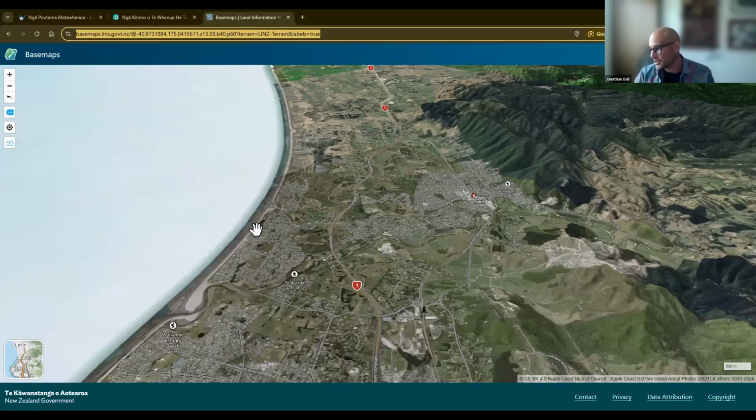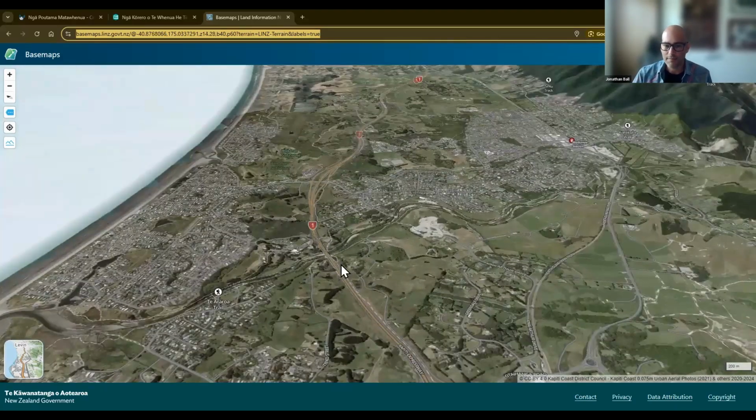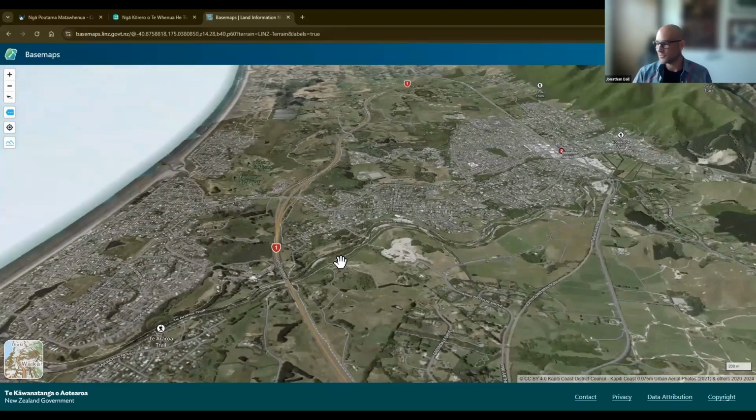Another way would be a screenshot. It doesn't print great, but you can certainly print this page and it will give you a rough PDF or a rough printout of what you're looking at, which makes it pretty easy to scribble on, things like that.